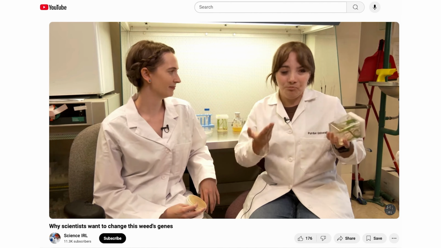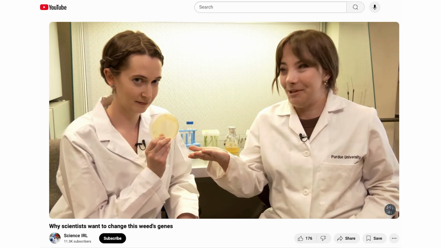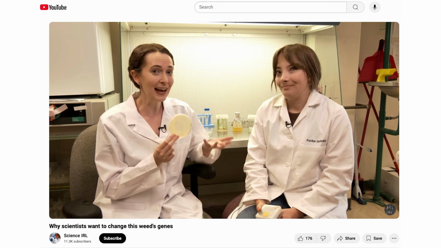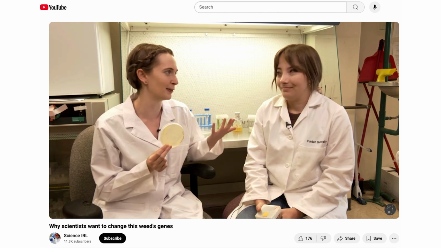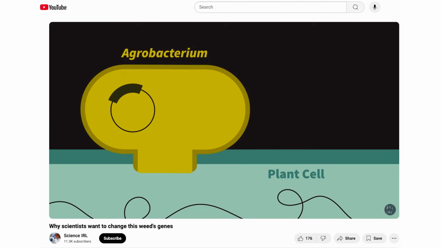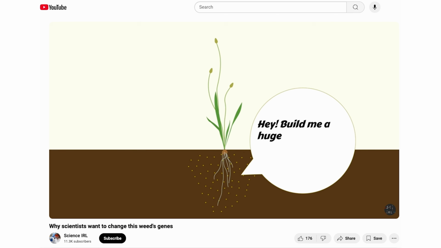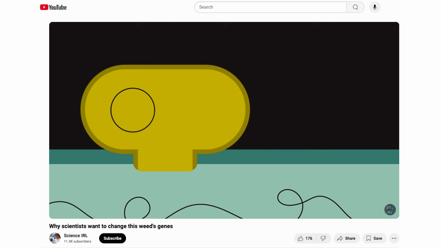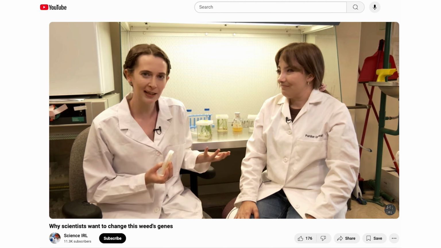In order to do the transformation experiment, we first have to introduce you to a new organism, Agrobacterium tumefaciens. Agrobacterium is able to genetically transform plants, and it evolved this skill naturally. So it's been doing it for way longer than us humans have even been doing science. Normally, it inserts its own genes into the plant's DNA, which tell the plant, hey, build me a huge house and fill it with a ton of delicious food. But scientists can swap out the house and food genes for ones that they actually want to study, and the agrobacteria will insert those genes into the plant instead. This is really cool. I think we often picture gene transformation as this really artificial thing, but we're actually borrowing